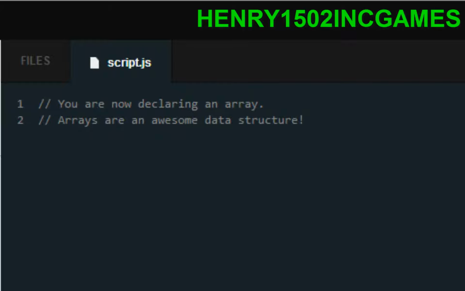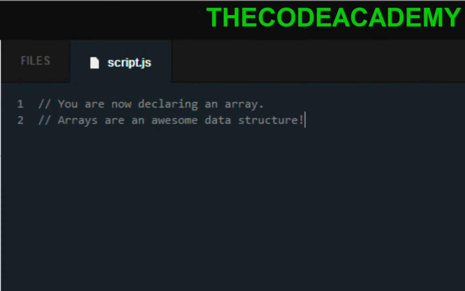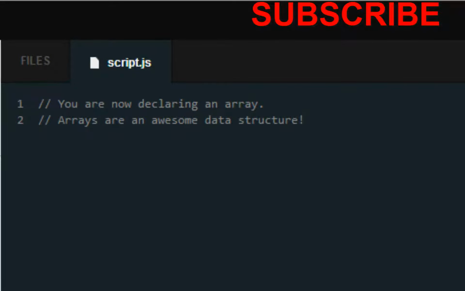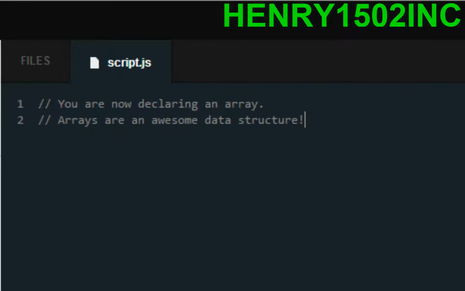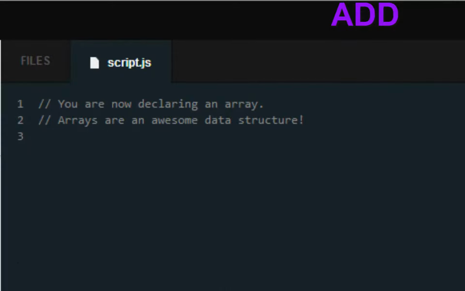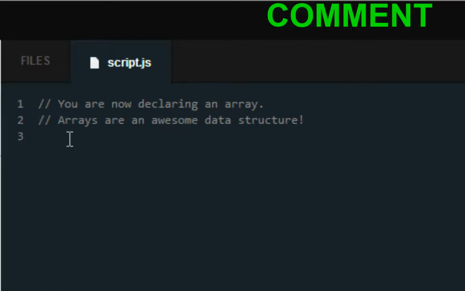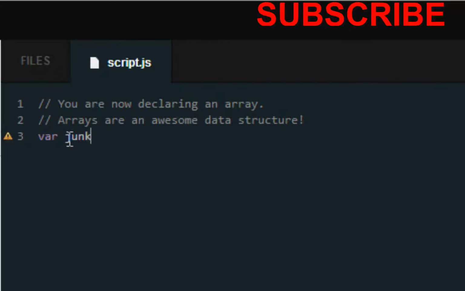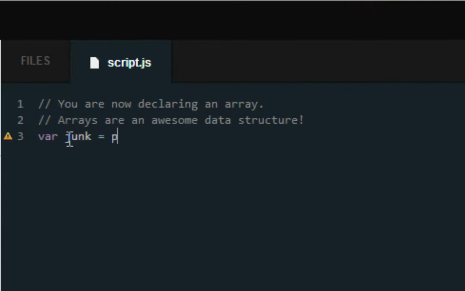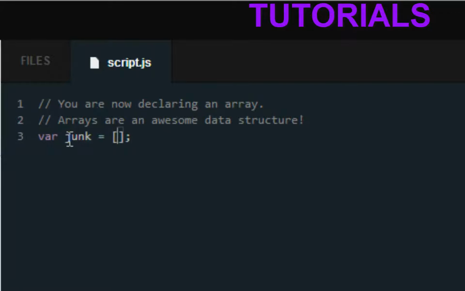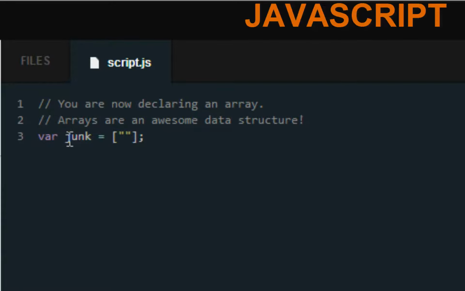So moving on, we are working with Codecademy's JavaScript track, and specifically arrays and loops. Now, I've already defined what both of these are, so please check my other tutorials if you are lost. For question number 1, Codecademy wants us to create our own array called junk. So we want to write variable junk. Make sure you spell it right. There's no substitute for spelling junk, and we want to add 4 elements inside of this array, 2 strings